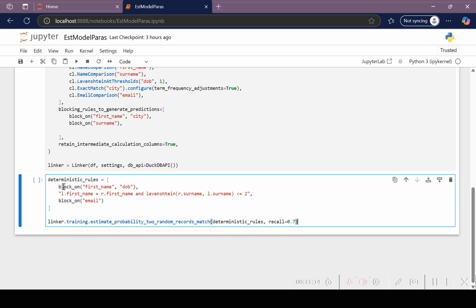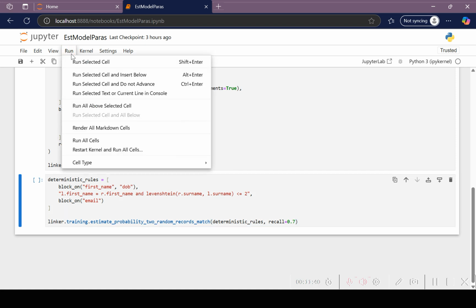That means we estimate, from our general knowledge of the data, that if we use these blocking rules and this particular blocking rule, that we're going to find an estimate of what the probability that any two records that we pull at random are going to be true matches. When we run this,